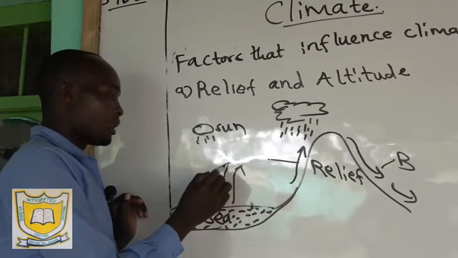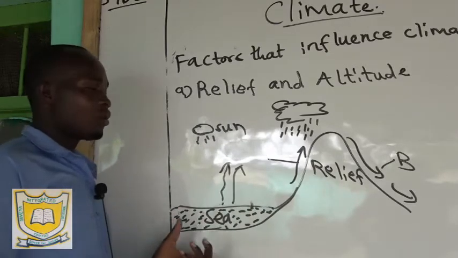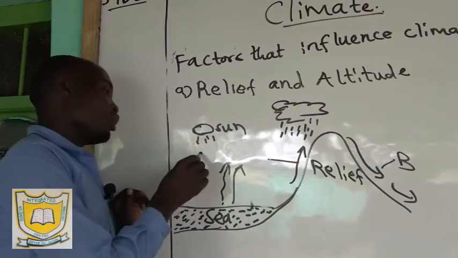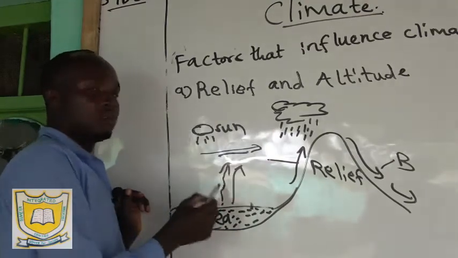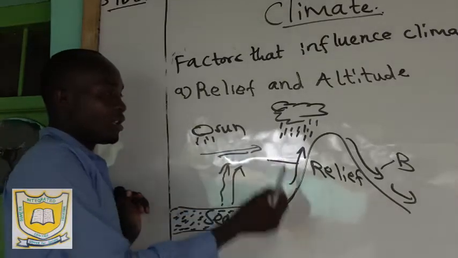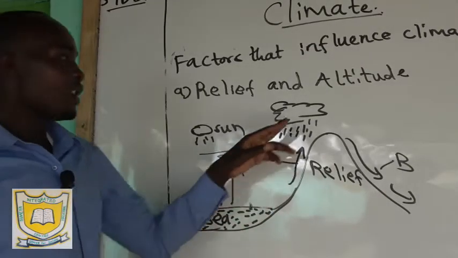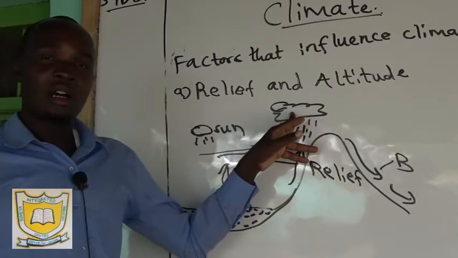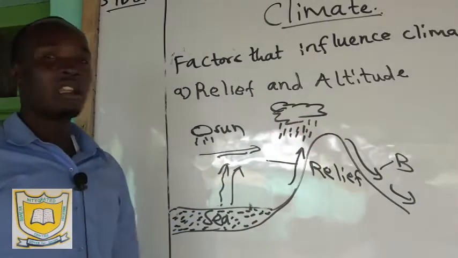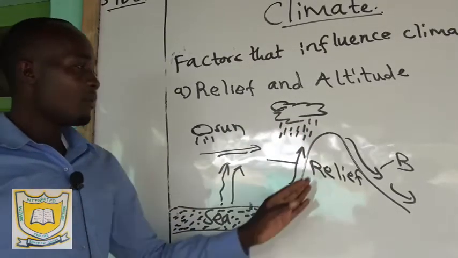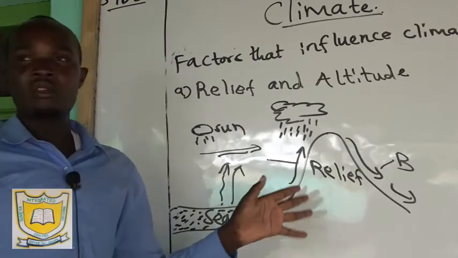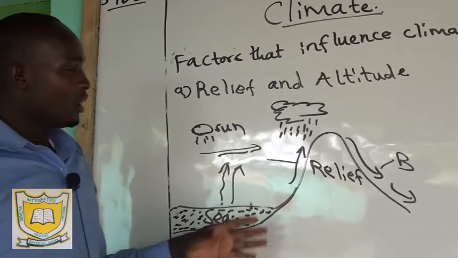These are water vapor from the sea. When this water vapor rises, it is pushed towards the relief by the winds. When it is pushed toward the relief by the winds, it condenses here, then it forms clouds, so it comes back as rainfall. So you'll find that the mountain like this, one side will receive rainfall,